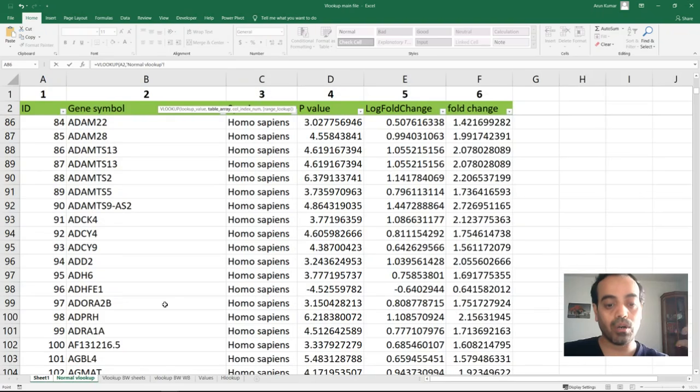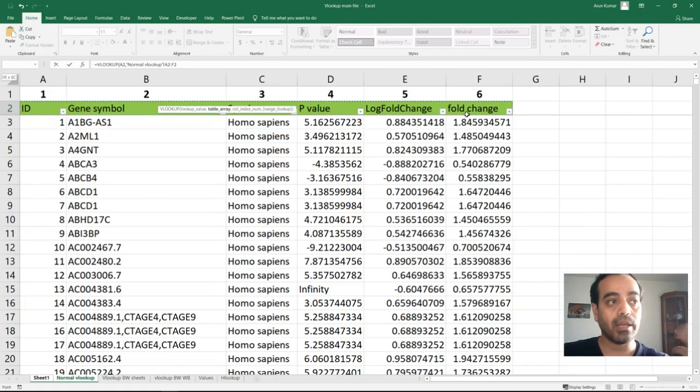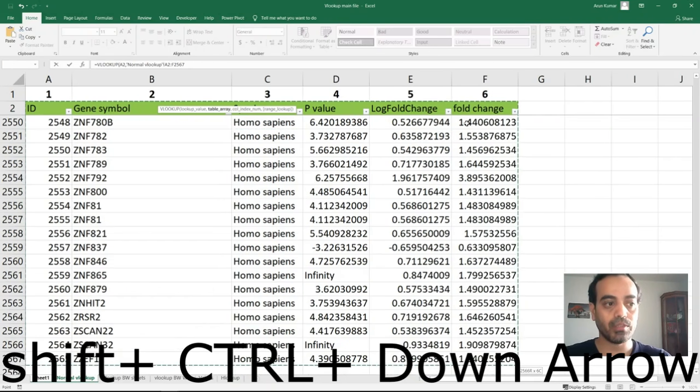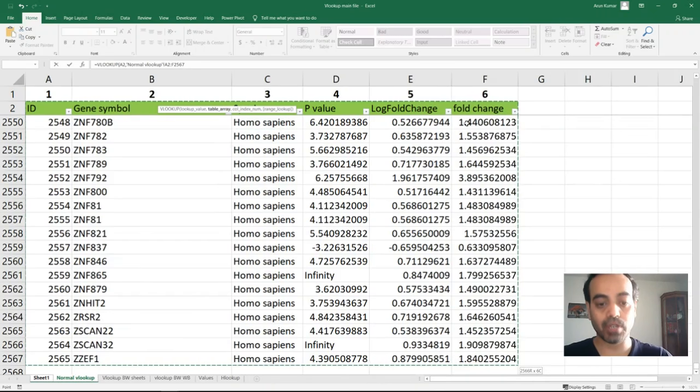This is our full table array. It has a header and columns. So we will select this whole data table from header to bottom by pressing Shift, Control, and the down arrow. As we press Shift, Control plus down arrow, it will select the whole table, and we have to remember to